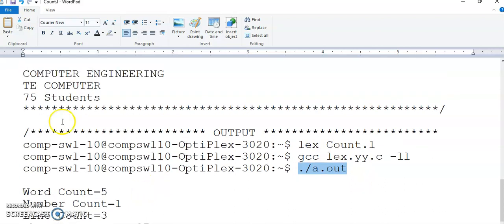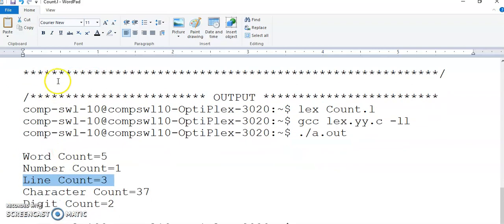Now this is the input which is processed. Because this is having 1, 2, 3, 4 and 5 words, the word count is 5. It is having one number, so number count is 1. It is having 1, 2 and 3 lines, so line count is 3.